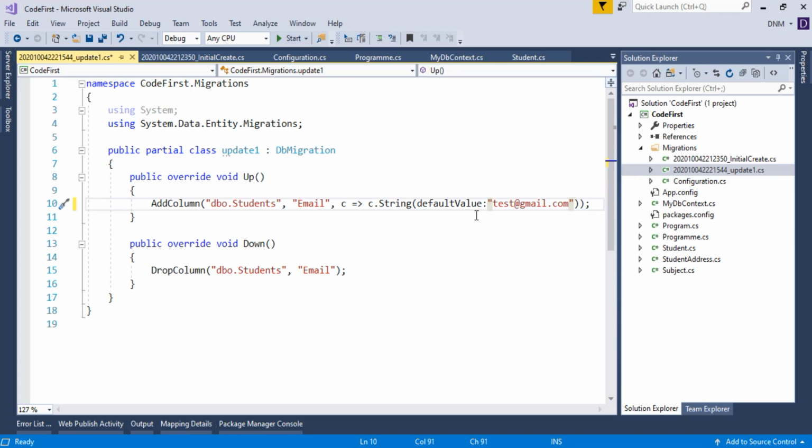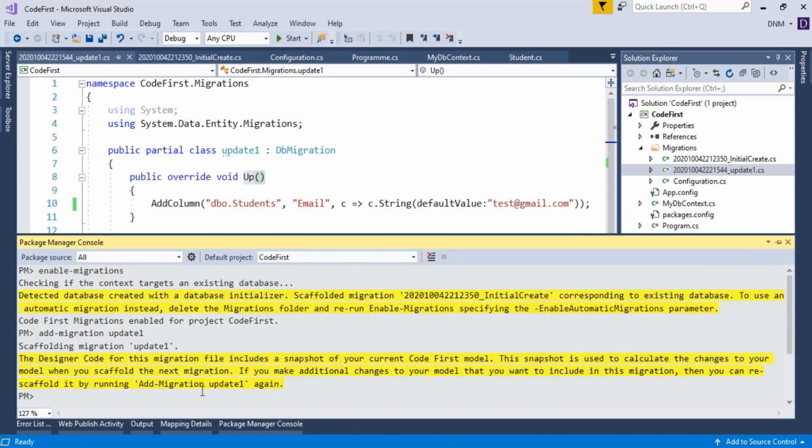Now once everything is done, then you have to update these changes to the database. As you can see here, there is an up method and a down method. Whenever you are moving the changes to the database, at that time the up method will be used, and whenever you are doing a rollback, at that time the down method will be used. So let us update these changes to the database.